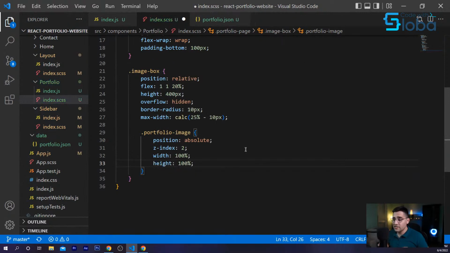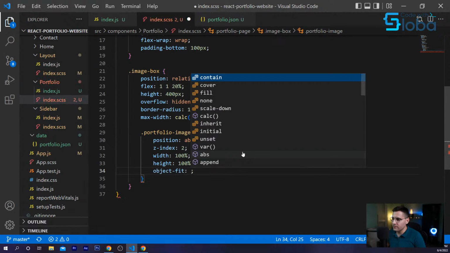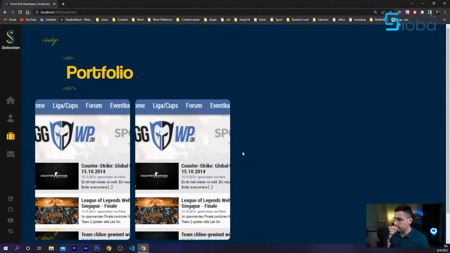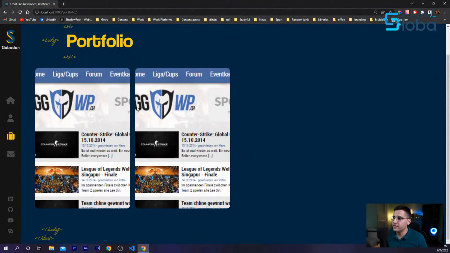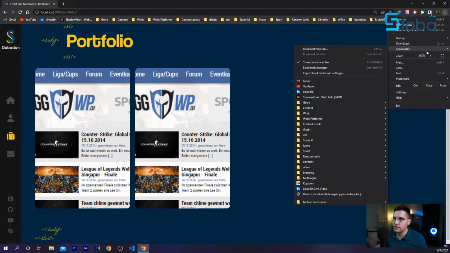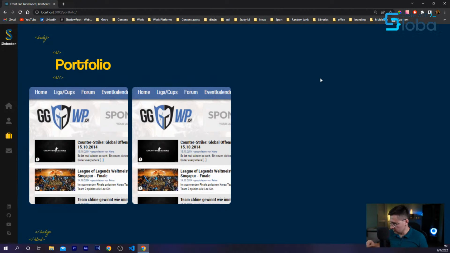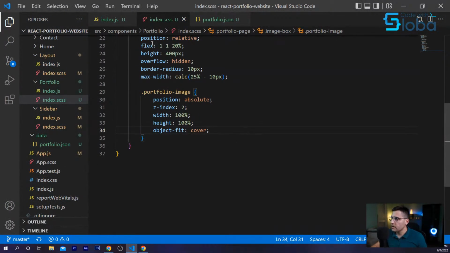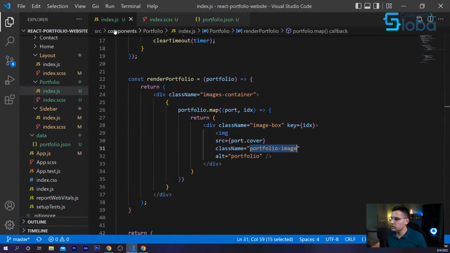In this tutorial we're going to have a lot of CSS as well because it's front end. So if you don't like that, you're in the wrong place. Object fit cover. Okay, cool. And let's see now. As you can see, now we're taking the full width of our image box, and it's rounded. It looks much better in my opinion. If this is too large, I'm just going to shrink it down a little bit for you guys. Okay, I think that's it for what I wanted to do with the image.